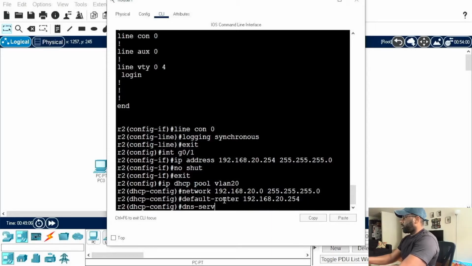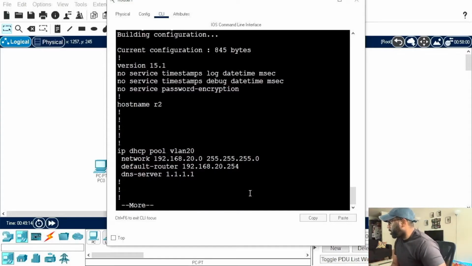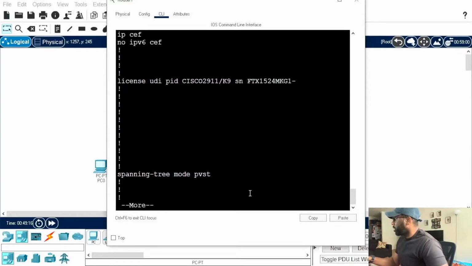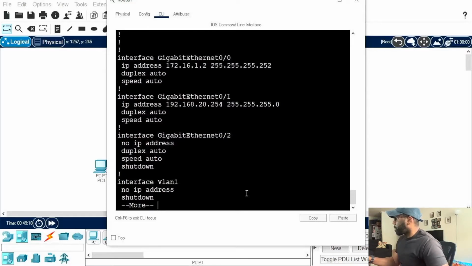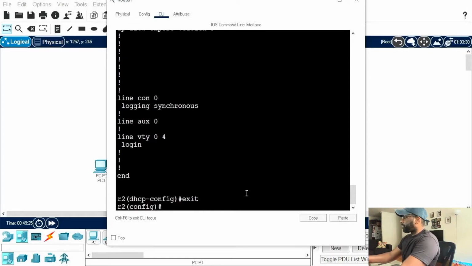DNS server. And since I've been running my mouth, I really like to make sure that I check the configuration, even if I made a mistake, we can always come back. Now, let's do this. So, router,